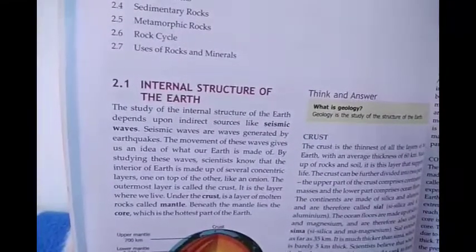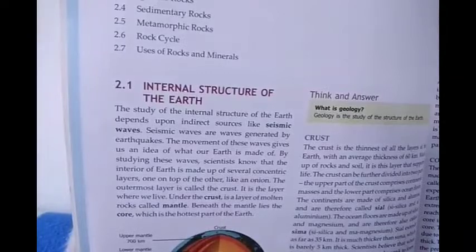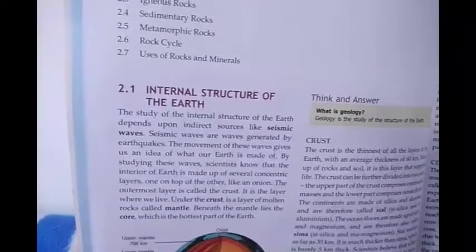Well, this chapter will teach us what is inside our earth. Now, if you see our planet, it has got two parts. One is inside and the other is outside. When we say outside, what do we see? We see plants, mountains, rivers, etc. Because these things are all visible. As we human beings live on the outer part, we can see these things.